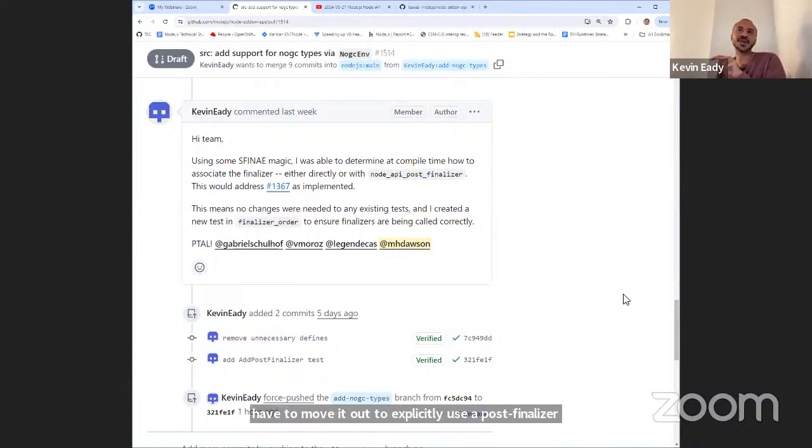So you can make it so that with preprocessor definitions it would require you to update your finalizer code.